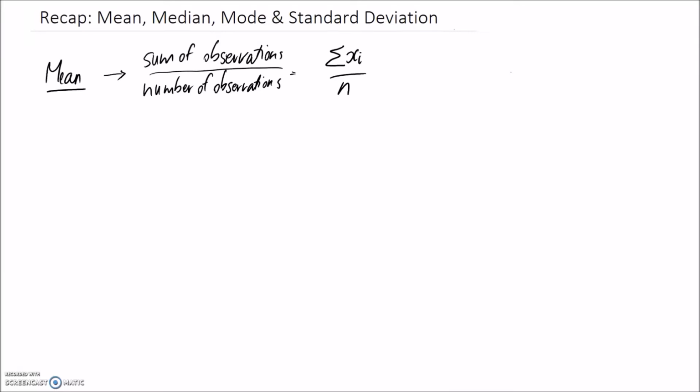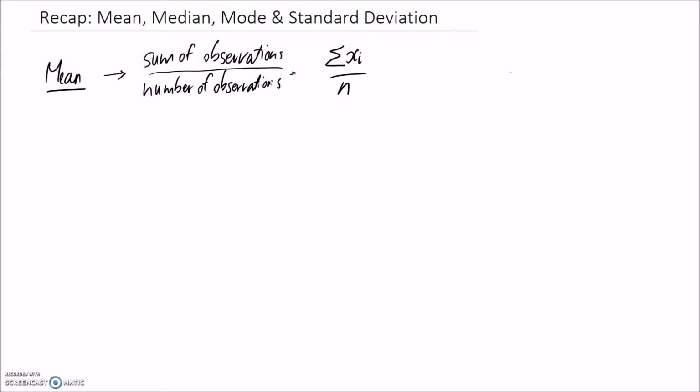So in this video, I'm going to recap the three measures of central tendency, which is mean, median, and mode. And then we're going to talk about standard deviation, which is a measure of the variability or the dispersion of the data. So starting off with the mean,